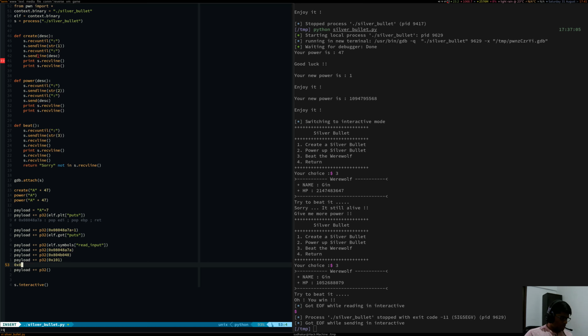We have leave ret and that's it. Now we need to craft payload 2, which should